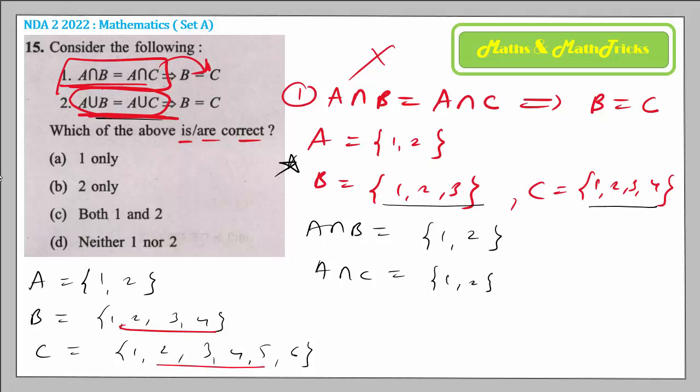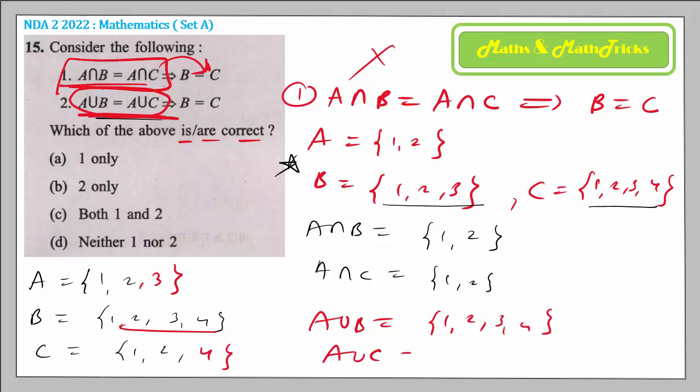Okay, then I am going to change, because my given criteria is not satisfied. So I am taking here 1, 2, 3 and from C I am removing 3. Okay, I'm just taking the C set like this, 1, 2, 4. So what is now A union B? You see, 1 2 3 4. And A union C, calculate A union C, 1 2 3 4. A union B and A union C are the same, but you see 1 2 3 4 is B and 1 2 4 is C. Not equal, no. Hence both these statements are correct? No, they are not correct. So which option will you choose from this? Neither one nor two are correct. So option D is the right choice.